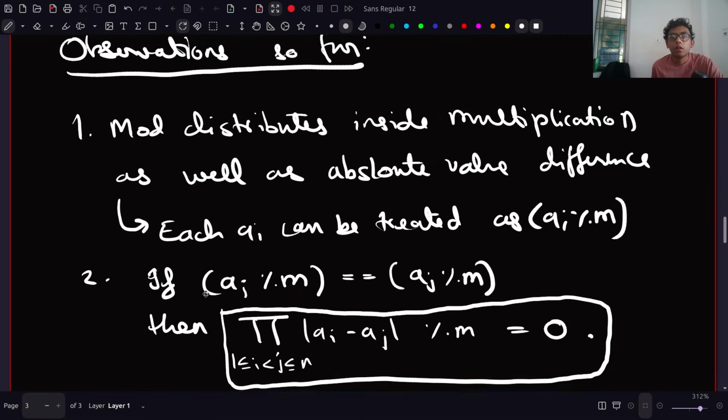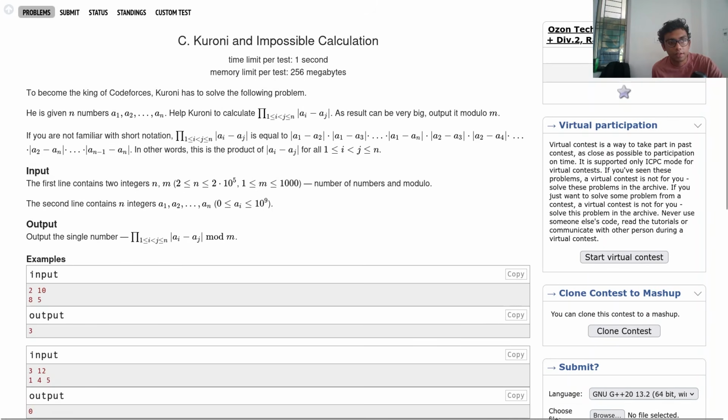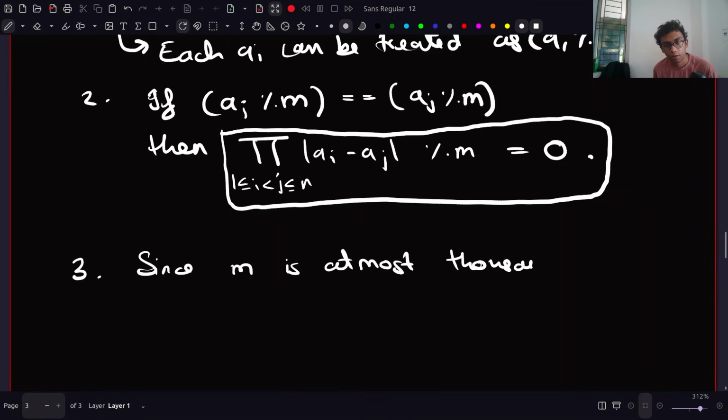But there is another thing which you need to show, and that's simple. Since m goes up to 1000 only, pay attention. In the question we mentioned earlier that m goes up to 1000, so that could maybe be some clue. And yes, that is indeed a very big clue for this question. Since m is at most 1000, if n gets larger than m, so if n is larger than m,